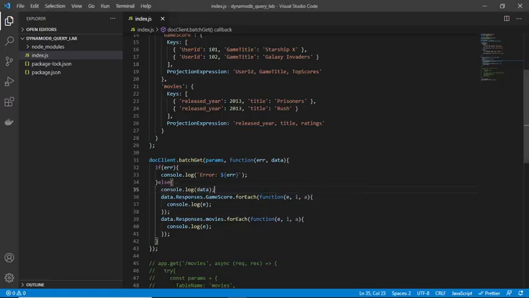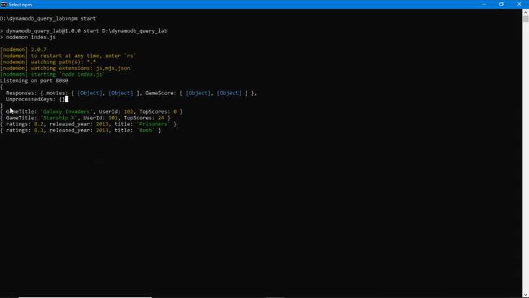So for data.Responses.my first table name.forEach, and in the function I am getting element, index and array, and I am consoling here the elements. Like this for both tables I use the forEach looping, to get the data in a more readable format. So you can see the result here.